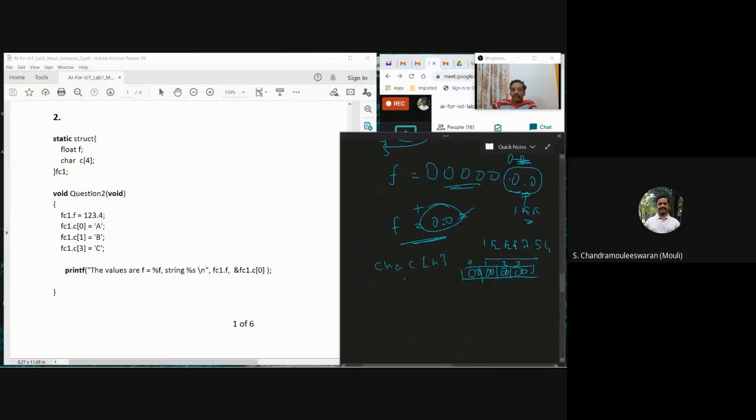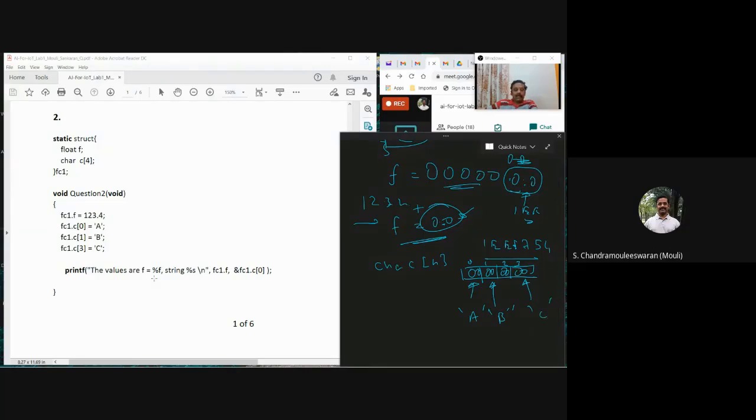I am initializing this f with some value 123.4, and then the 0th location I am filling with character A, and the next location with the ASCII of character B. I am skipping the second location. Skipping means I am not disturbing it, so it remains filled with 0. Then this I am filling with a C.